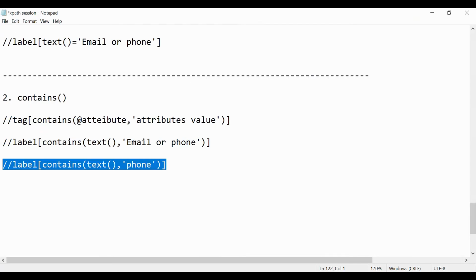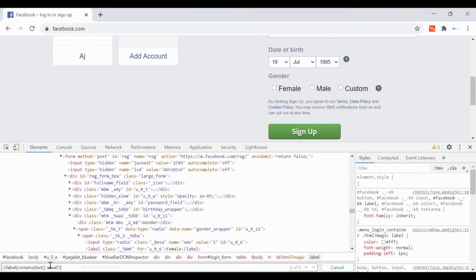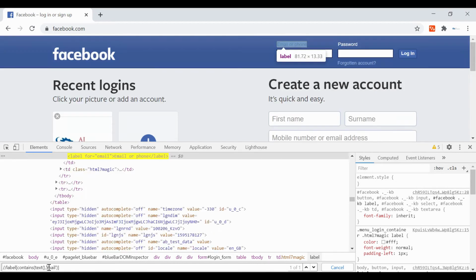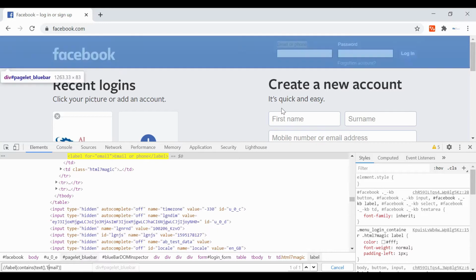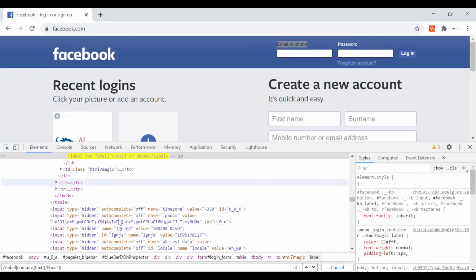So what's the value? It's complete. Capital E. It is case sensitive. Always remember the XPath expression is case sensitive. So it is highlighting. You are just sending partial values, and even so our XPath is able to find our web element uniquely. So that is the main use of the contains method.